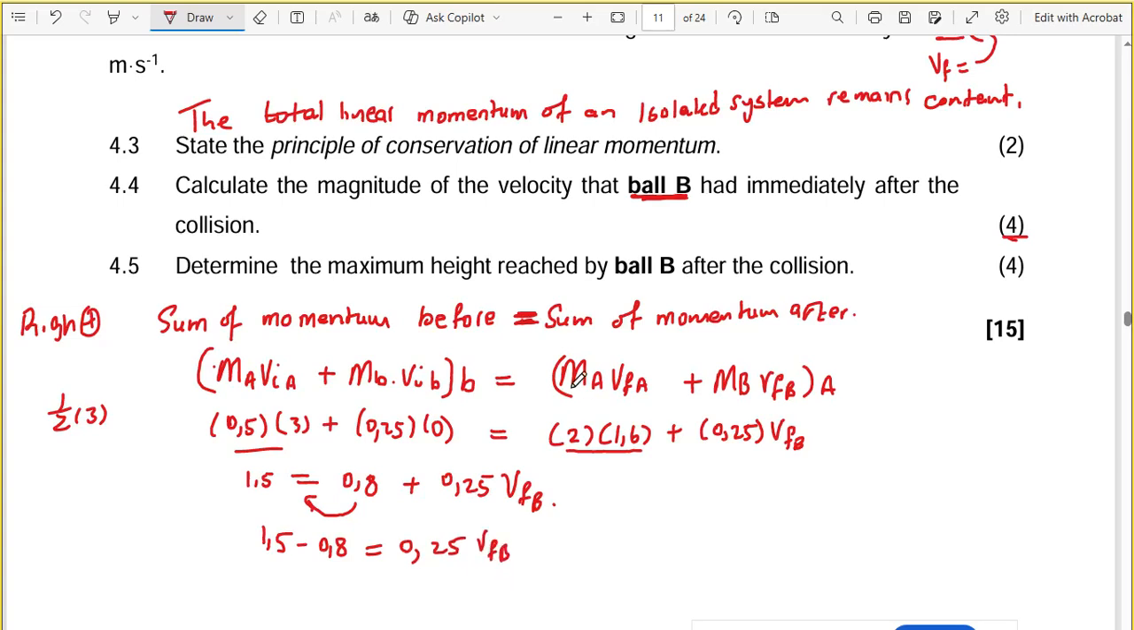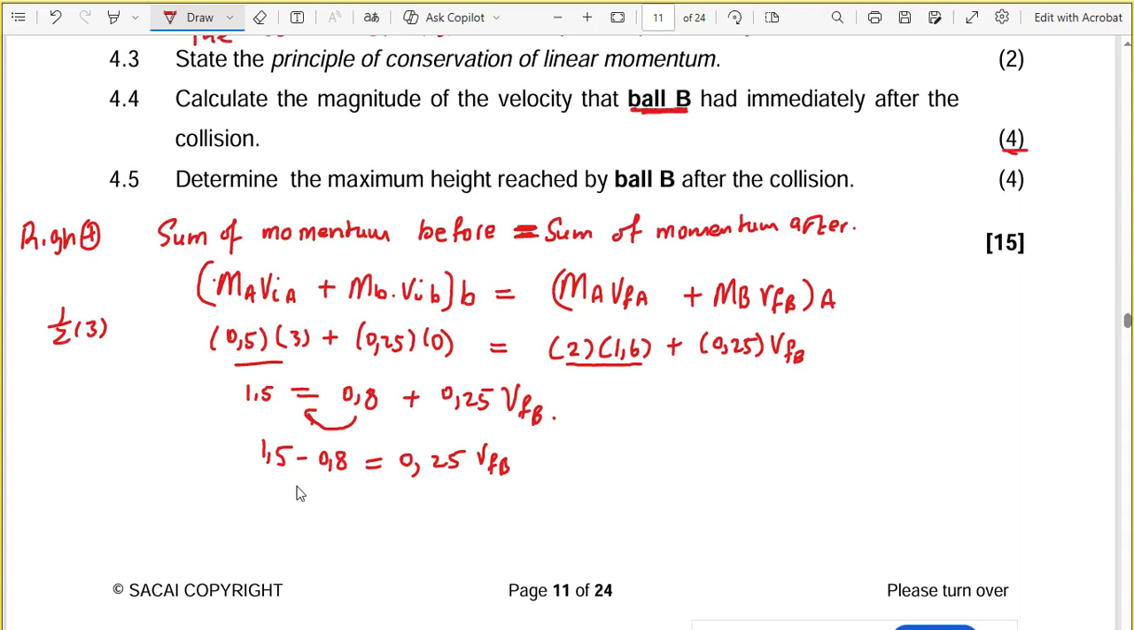And then what do you get when you subtract the 2? What is 1.5 minus the 0.8? What's your answer? 0.7. 0.7. Let's equate this to 0.25